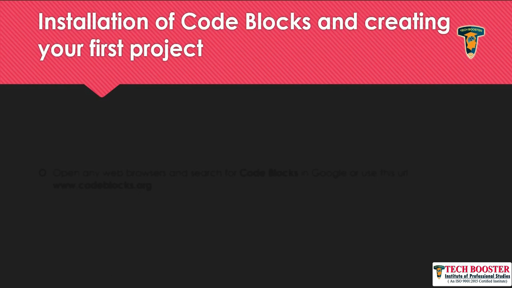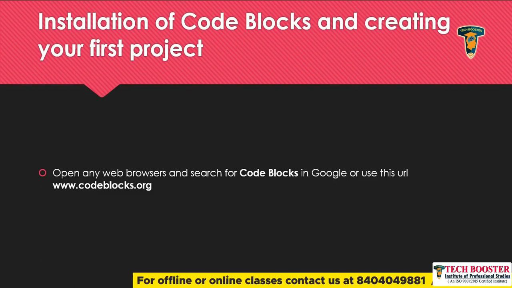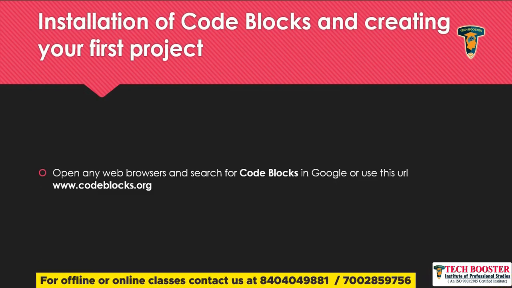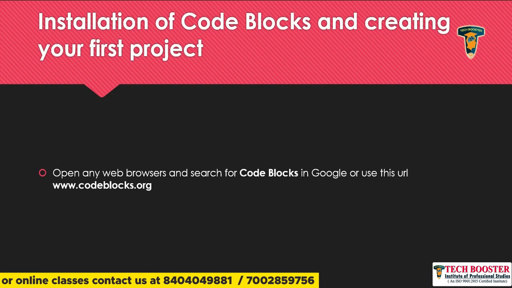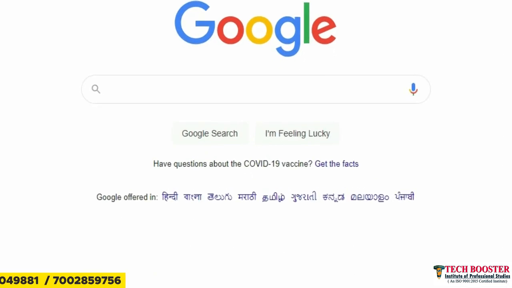So before installing your Code::Blocks, you need to have your .exe file, because in my case I am using Windows, so I will need to have my .exe file. So in order to download your exe file, you can use your web browser. First of all, you need to have a proper internet connection, and then you can choose any of your web browsers. In my case I am using Edge, so I'll open my browser,